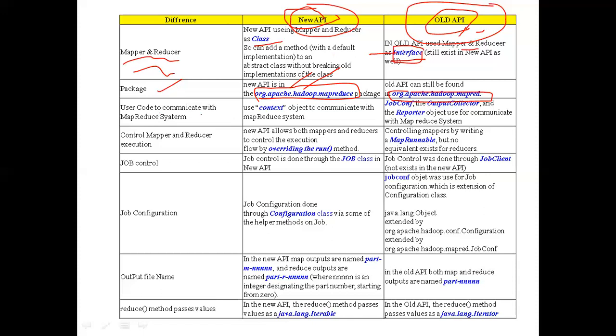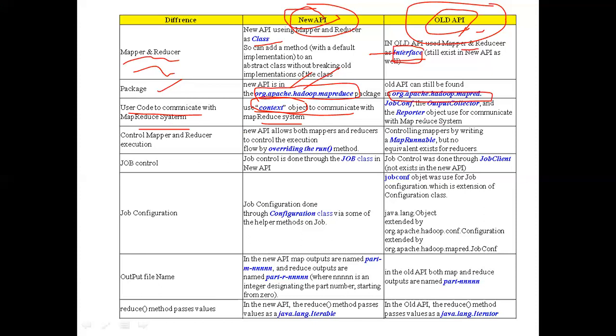Next, the user code to communicate with the MapReduce system. Another difference is there in the user code to communicate with the MapReduce system. The user has to write some code to communicate with MapReduce, and that code also has some differences in the new API and the old API. In the new API, the context object is used to communicate with the MapReduce system. The user will use the object of the context class to communicate with the MapReduce system.